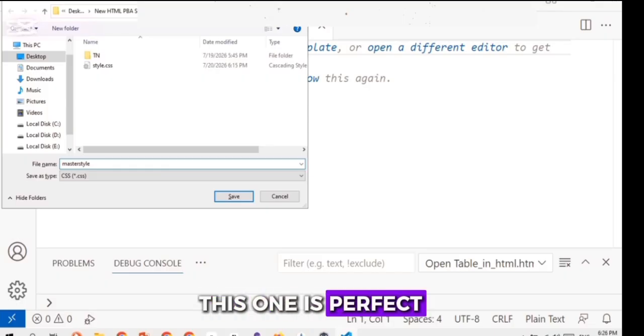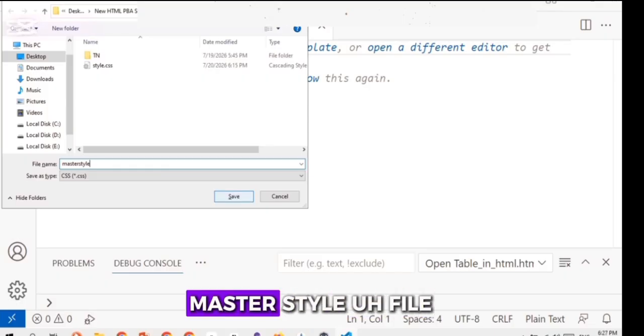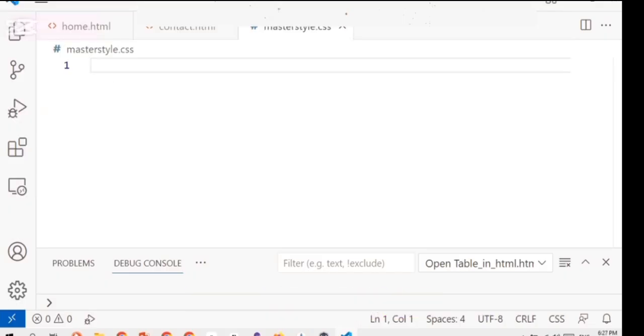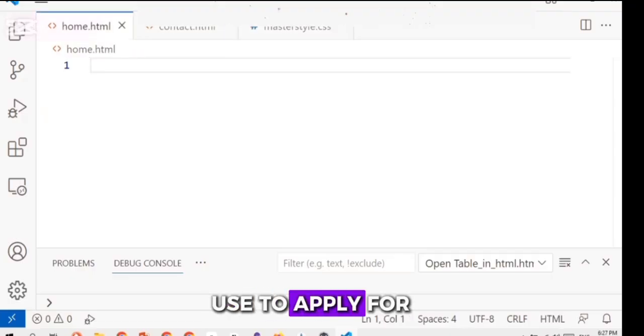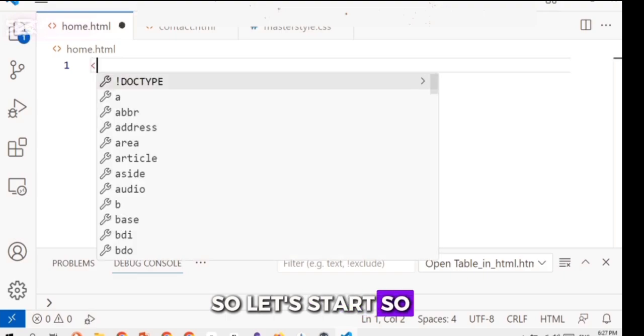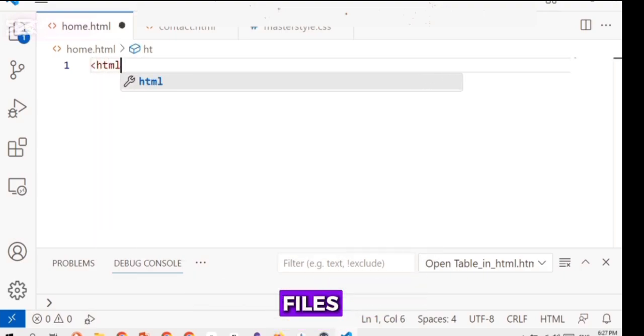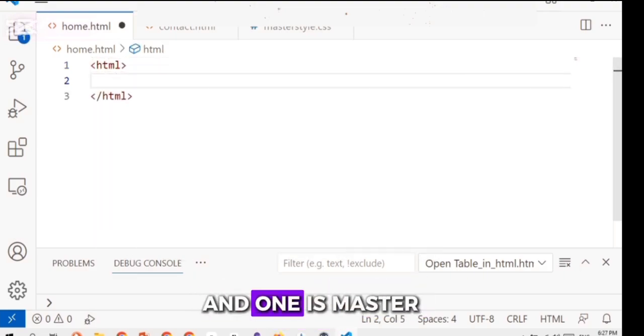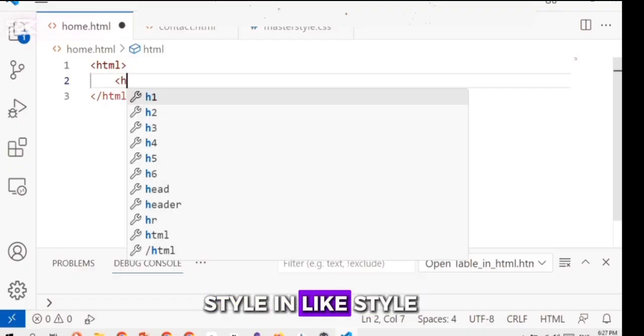Yes, this one is perfect because this is the master style file that will be applied to different HTML files.